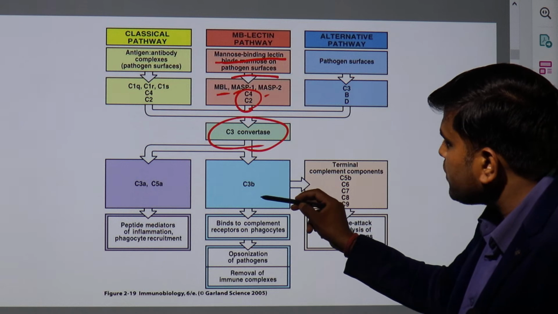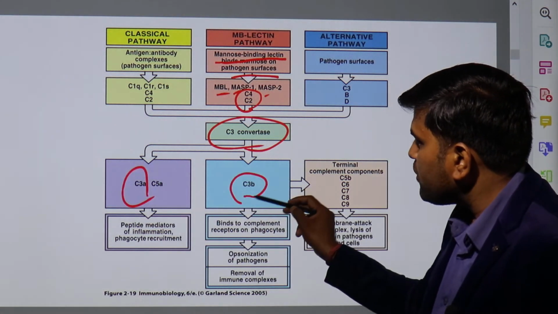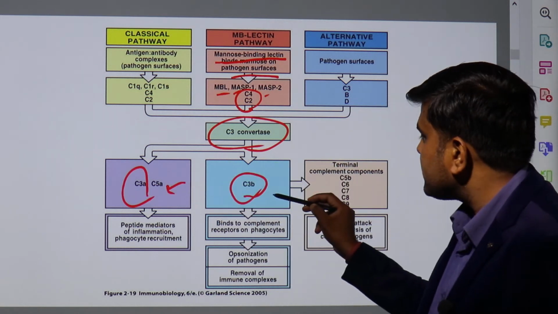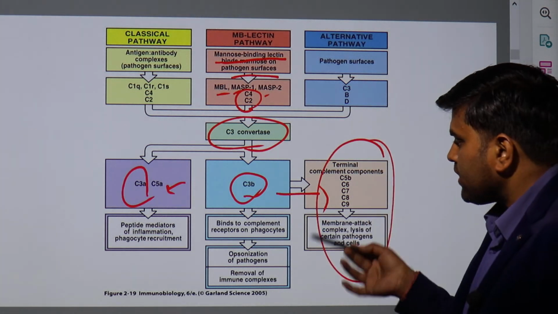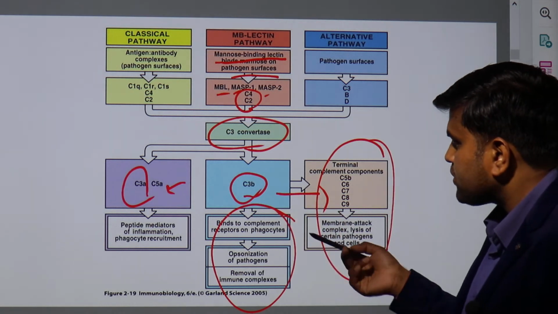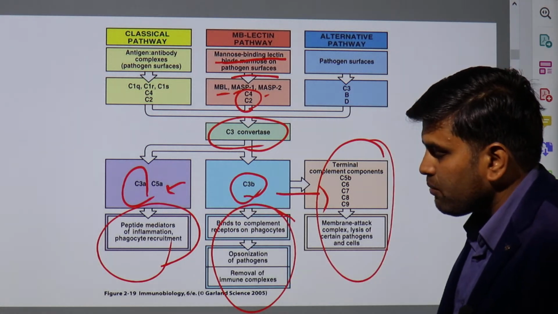This C3 convertase will again cleave C3. C3a will be released into the environment, and C3b will form here. This will form the C5 convertase. Again C5a is released, and C5b will come here and form the membrane attack complex and kill the pathogen. They even help in phagocytosis, opsonization and removal of the immune complex, and mediate the inflammatory mediators